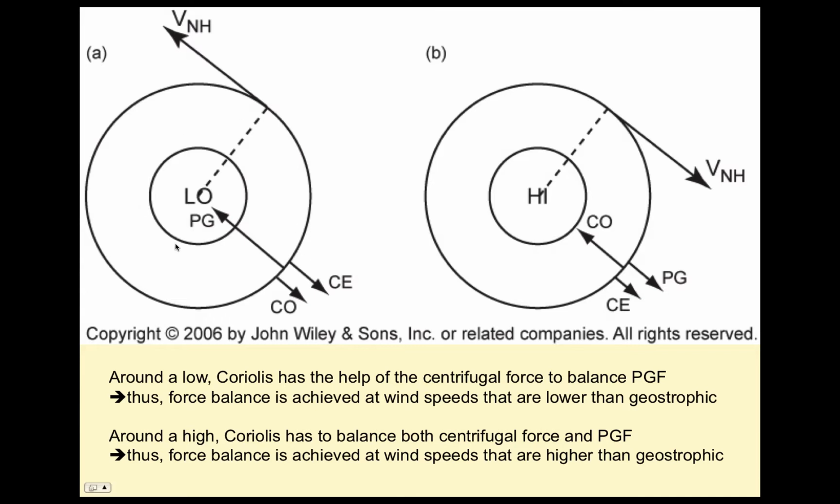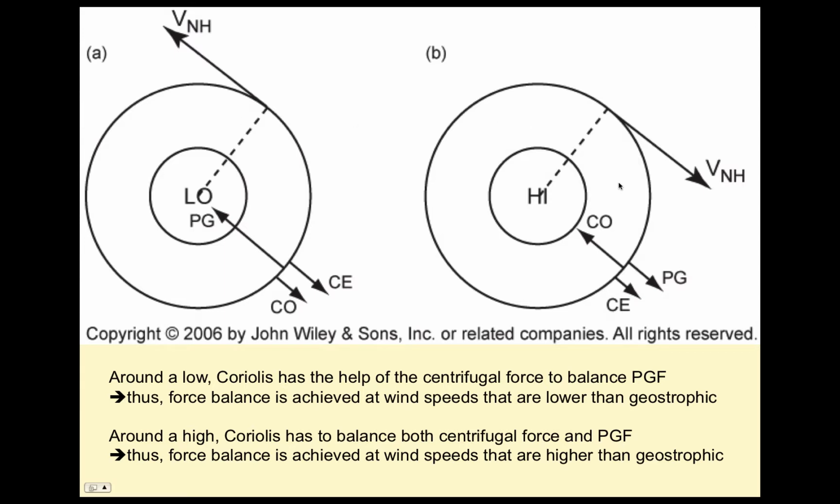So in this case, around a low, you have the pressure gradient force going one direction, and then the Coriolis force and the centrifugal force balancing that pressure gradient force. So around a low, Coriolis force has the help of the centrifugal force to balance that pressure gradient force. The net result is that a force balance is achieved at wind speeds that are lower than geostrophic values. So anytime you have the winds turn cyclonic, or in this case going around a full cyclonic circle here, they're going to go a little bit slower than geostrophic wind speeds,